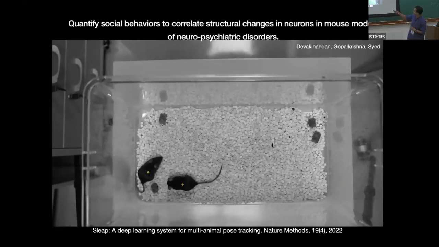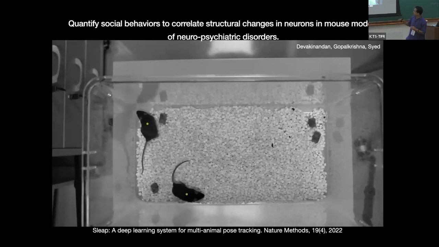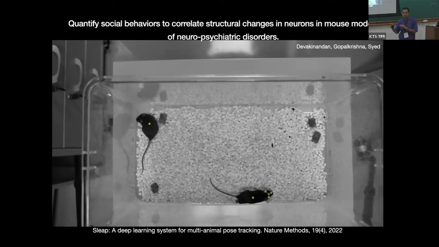So what we can do using this is quantify how these mice are coming into contact with each other, how much time they're spending in social contacts with each other. What these algorithms cannot do as yet is what we would typically have an undergrad do, which is to watch hours of these videos and discern: are they mating, are they having aggressive interactions, and more nuances of these. So we really hope that with advances in machine learning, we can